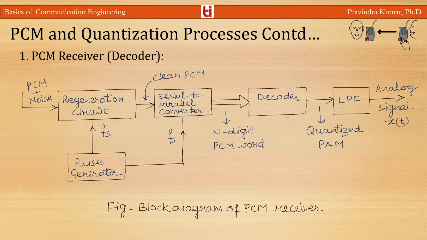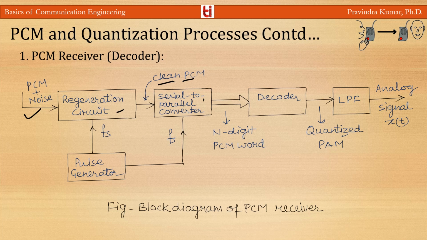system. This is the block diagram of the PCM receiver. A PCM signal contaminated with noise is available at the receiver input. The regeneration circuit will separate the PCM pulses from the noise and will construct the original PCM signal. The pulse generator has to operate in synchronization with that at the transmitter. So at the regeneration circuit output we will get the clean PCM signal, and the reconstructed PCM signal